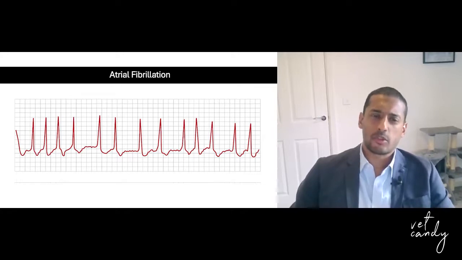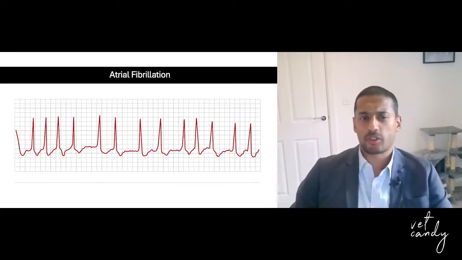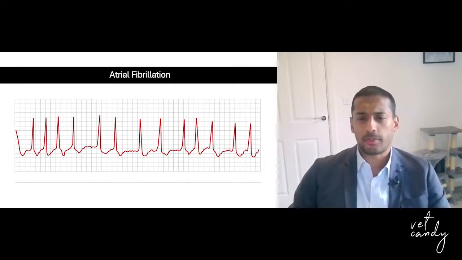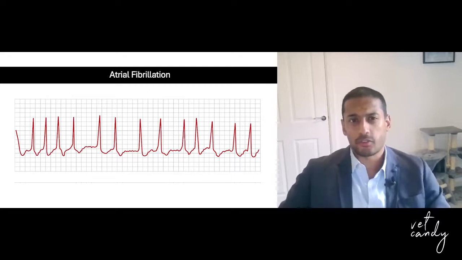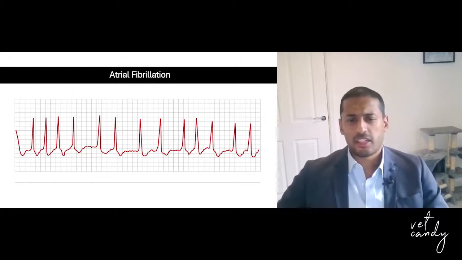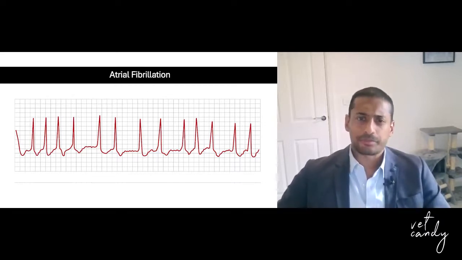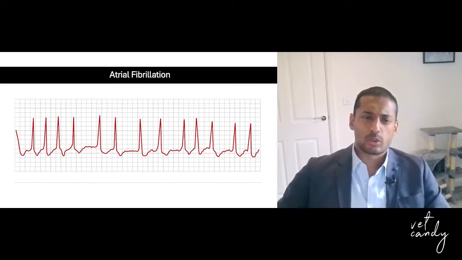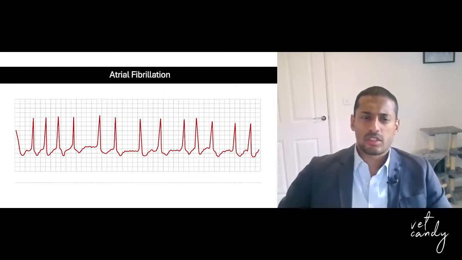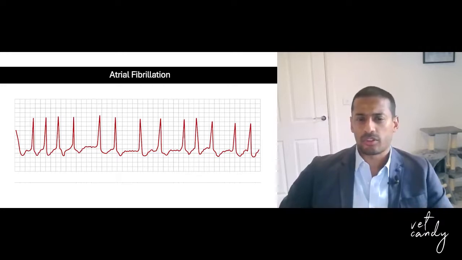Atrial fibrillation is the most common arrhythmia in dogs. It typically occurs in the presence of structural heart disease with atrial enlargement, though some large breed dogs can develop atrial fibrillation prior to the development of structural changes. This is pretty common in Irish wolfhounds. In humans, this is called lone AF. In dogs, the term is maybe a bit controversial, and it is suspected that atrial fibrillation is an early sign